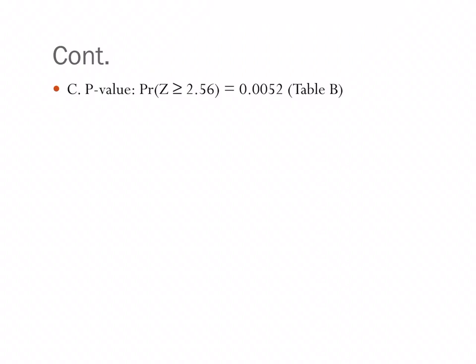If you go to 2.56 in your book, remember you go to the z-tenths row 2.5 and then go over and find 0.06, you will find that the value corresponding to that in our table is 0.9948. And when we calculate the p-value, it's 1 minus that, right? Because the 0.9948 in the book is telling us the area at that value and everything to the left. And our p-value is the area we want to the right of it. So 1 minus that, and we get our 0.0052 from table B,